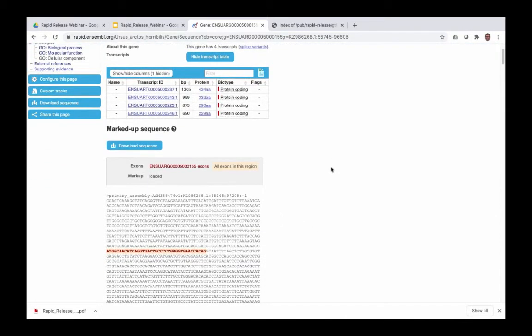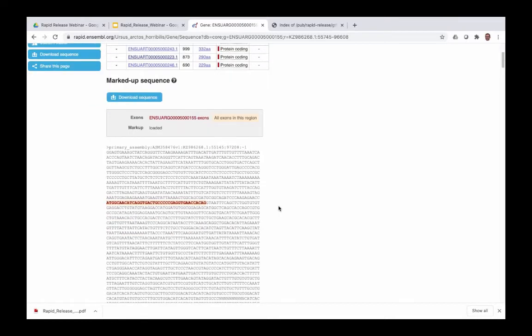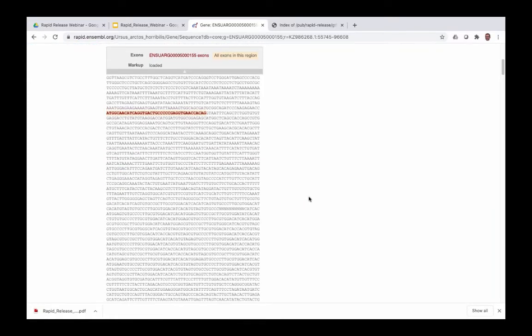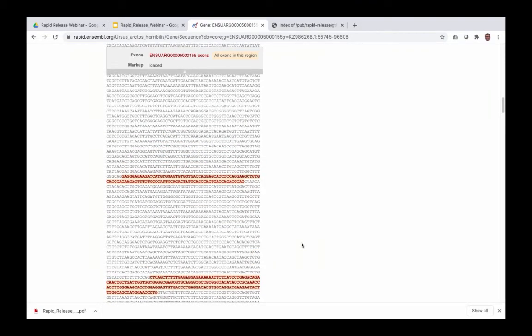If we scroll down, we can see the sequence of this gene in FASTA format. This is actually the genomic region where this gene exists. We can see the exons highlighted in this peach coloring, with the exons of this gene in red lettering. So you can see here, this is the first exon of our gene of interest. And then this is intronic sequence. The other exons of this